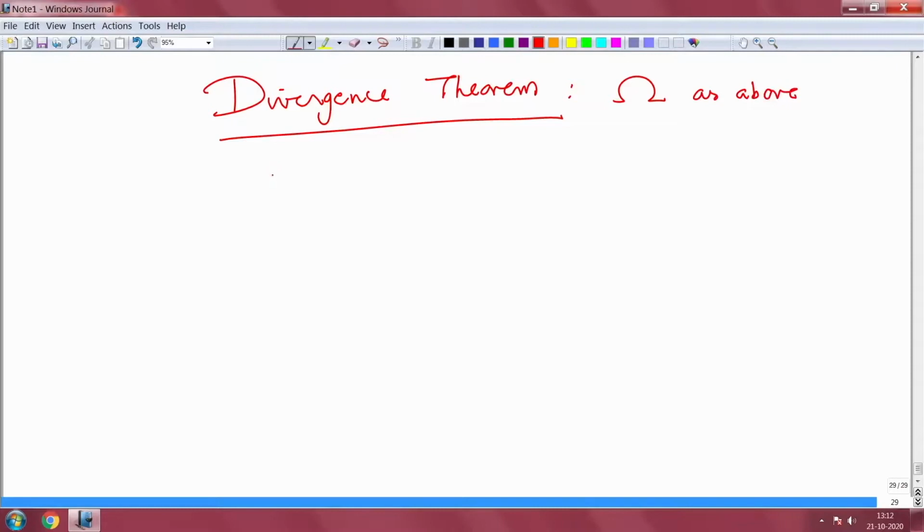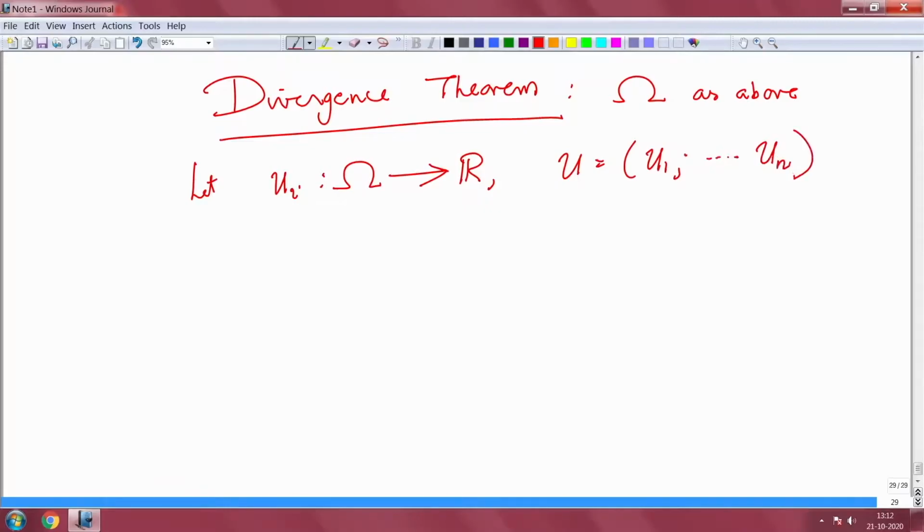Okay. And you have your map u from Omega to R^n, and you write u is equal to (u1, ..., un). Assume that each u_i is in C1 of Omega, for 1 less than or equal to i less than or equal to n, then